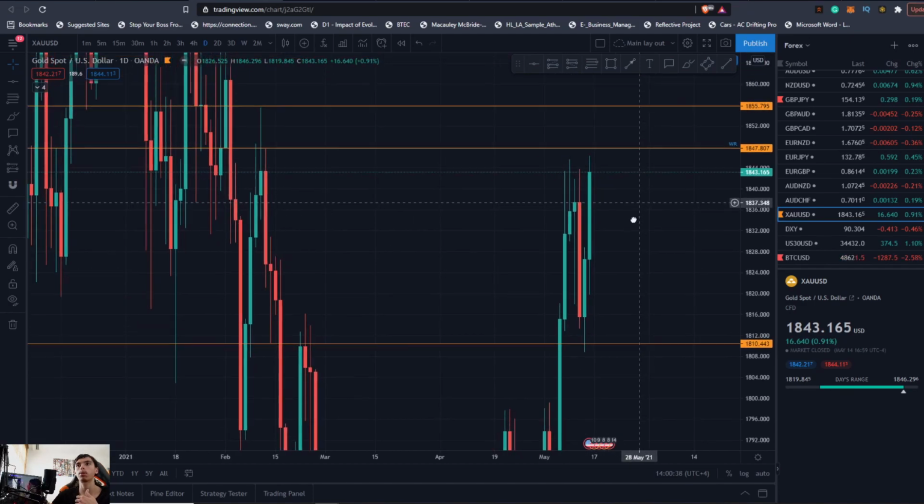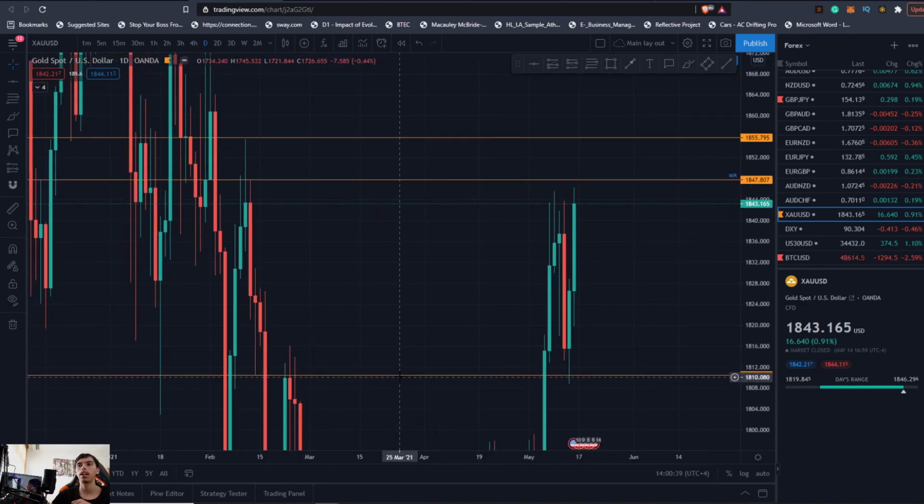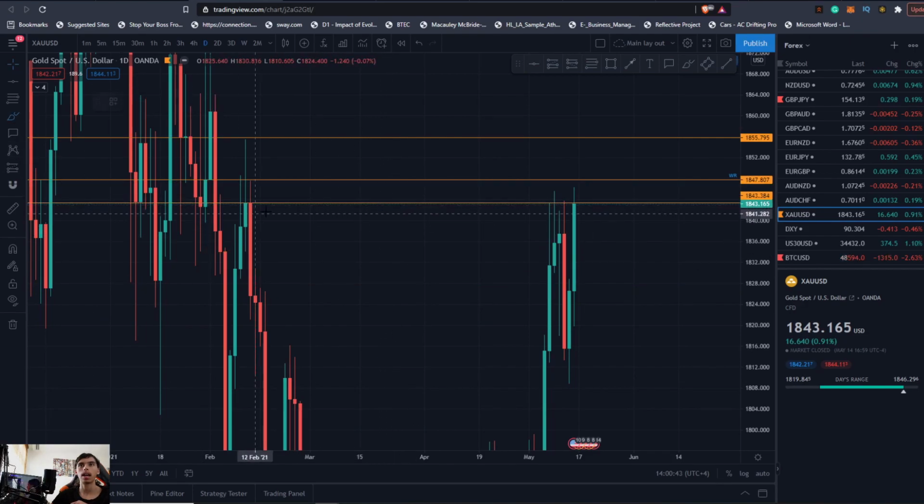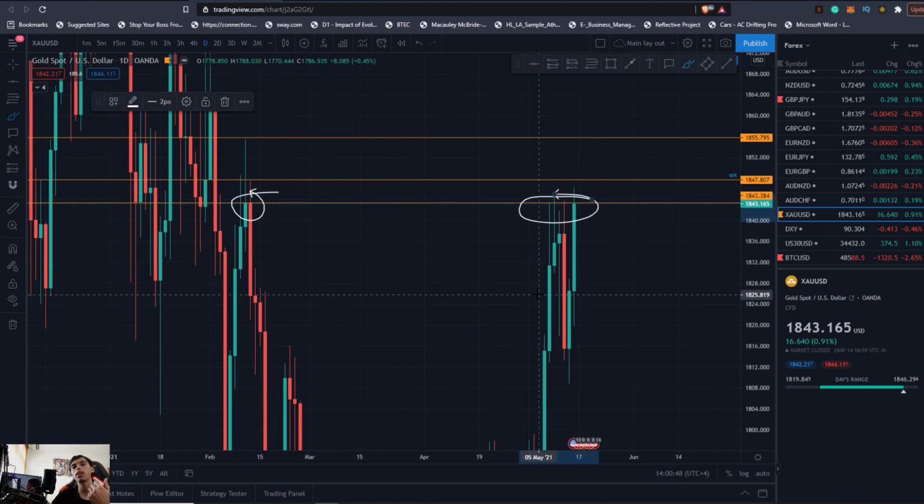And we did get that push up before at the top of the range here. If I bring this line back up here and you turn your attention, you can see at this resistance here, what happens? Price makes a reaction. And this is why you have to trade with the trend.